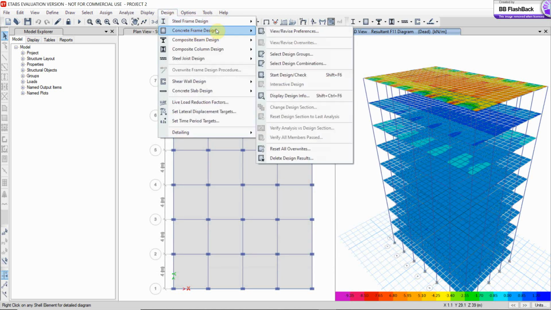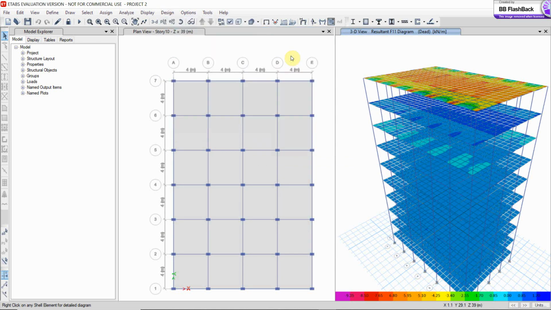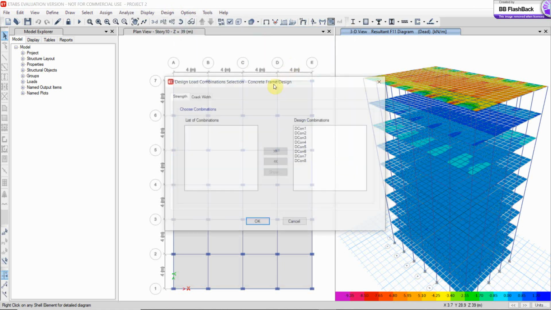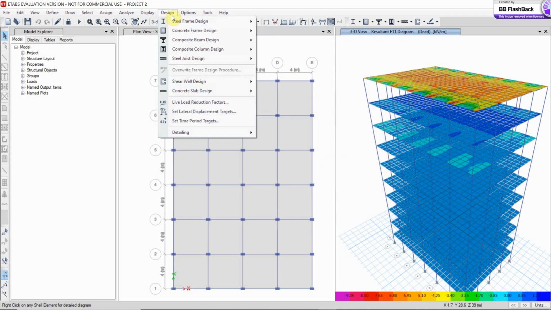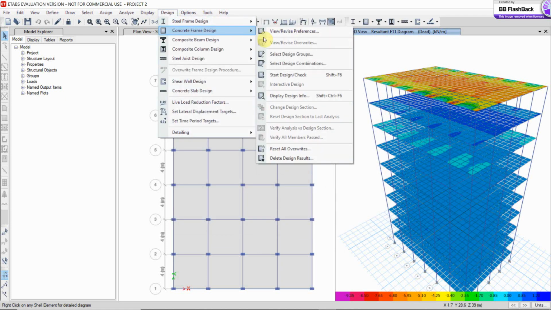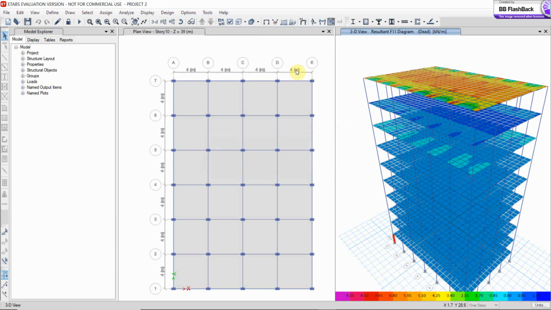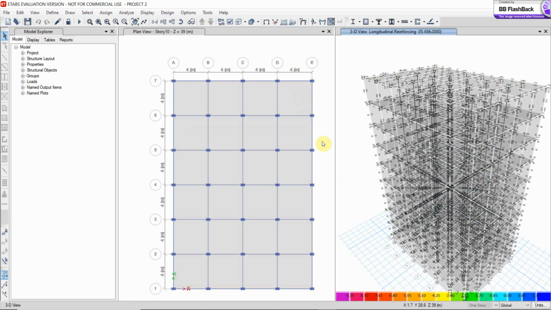Again go to design, concrete frame, design group. OK. Now start design check. Wait for some time as software run design on your building model.